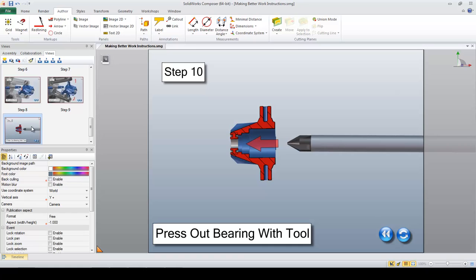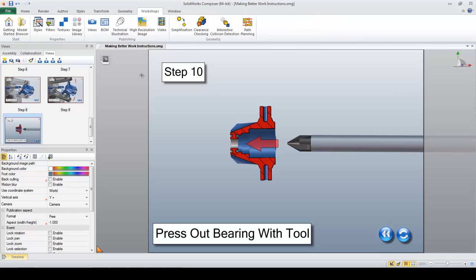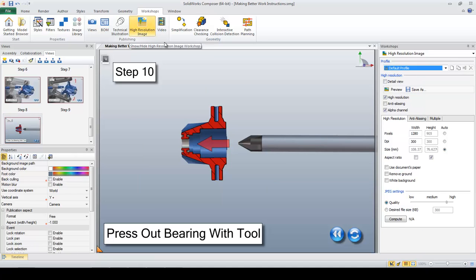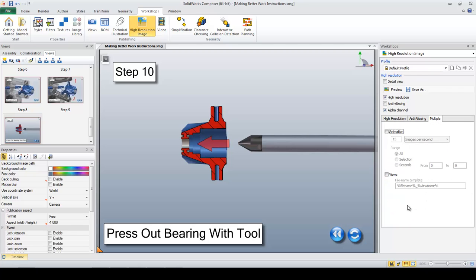They're saved out as a regular image format, so JPEG, PNG, anything like that. You can bring those out, and it's as quick and easy as using one of the workshops. If we choose our high resolution workshop here, we can send these images out, and we can even do that all at once if we need to. We can use this multiple tab and say views here, and we can send out all those views at once